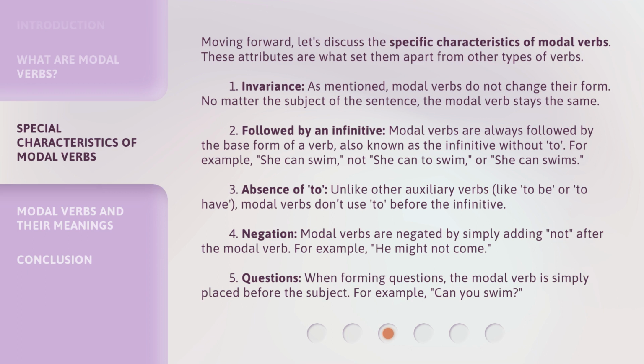2. Followed by an infinitive. Modal verbs are always followed by the base form of a verb, also known as the infinitive without to. For example, she can swim, not she can to swim, or she can swims. 3. Absence of to. Unlike other auxiliary verbs, like to be or to have, modal verbs don't use to before